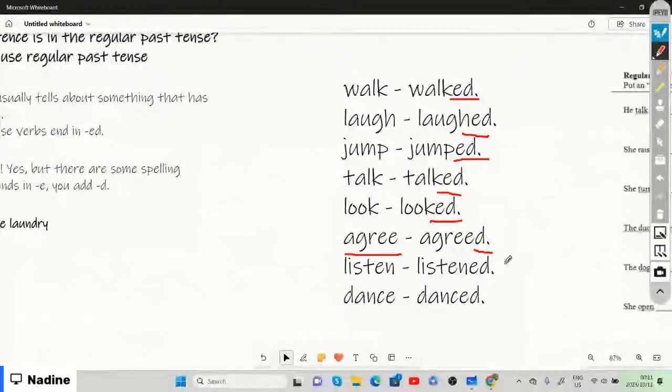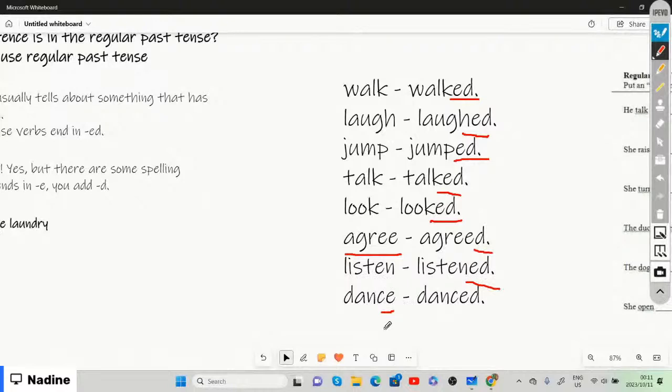And then listen. Listen is something that we're doing now, which is in the present tense. But in the past, I listened to you. And then now we have dance, and it also ends in an E, right? So now we need to basically find the past tense form of